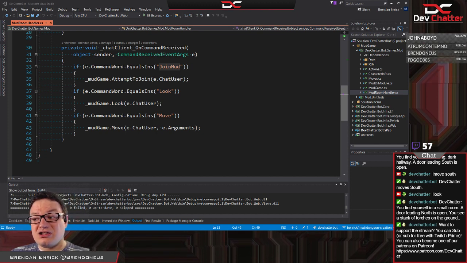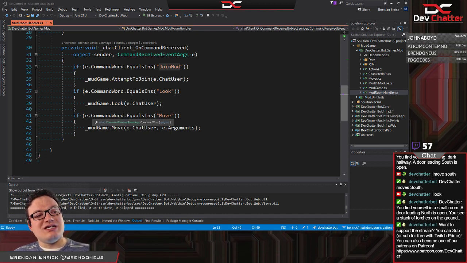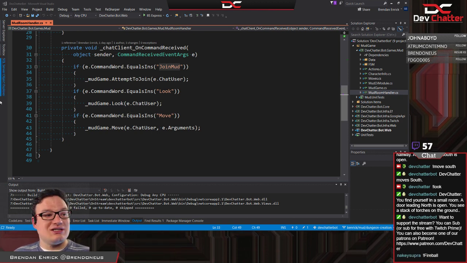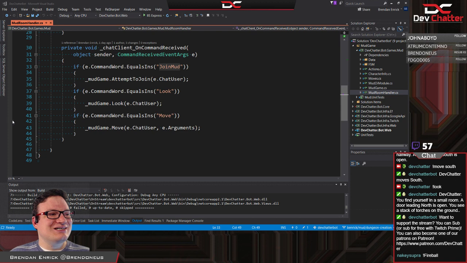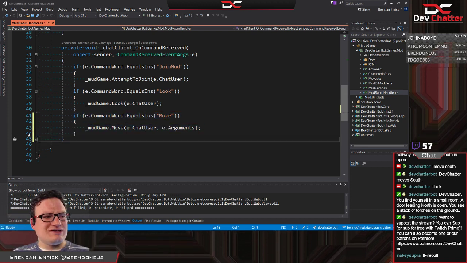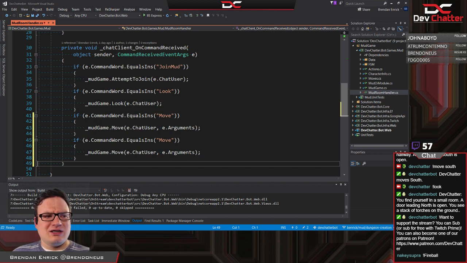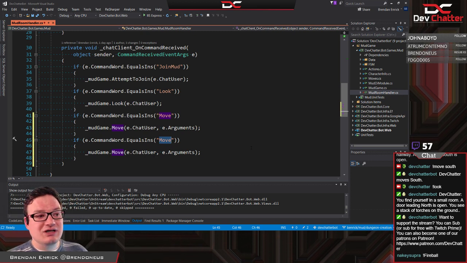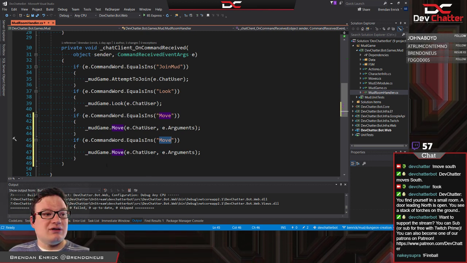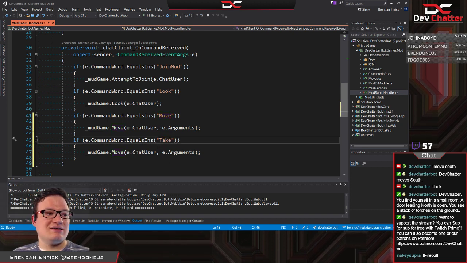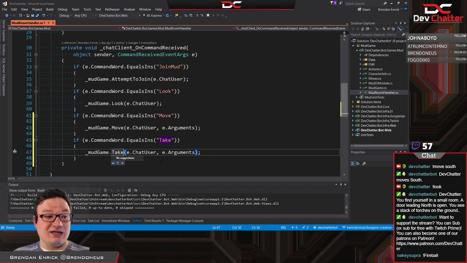So we have a little bit of movement at this point, but there's a lot that we still need to build. So obviously, if I were going to add another command, say I wanted to be able to pick up one of those torches, or cast a fireball, for example, something like that, then what I would have to do is copy the code and make a modification. Now, I did say minimize, and this is a fairly minimal modification here. Obviously, I could say, like, take, right? And then I could do a take command or something like this.